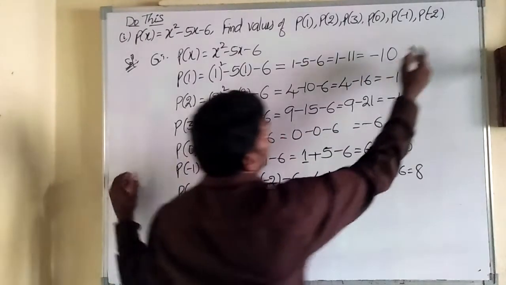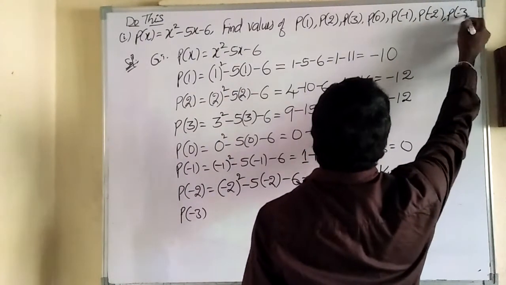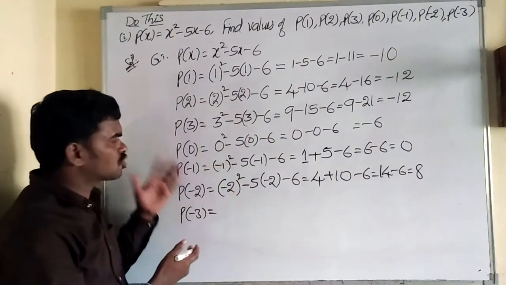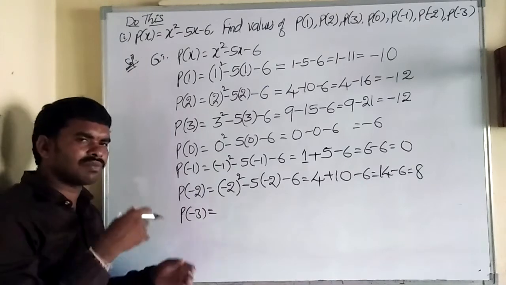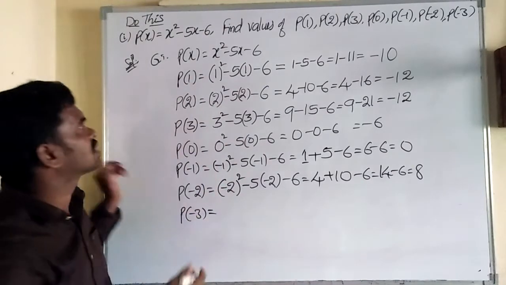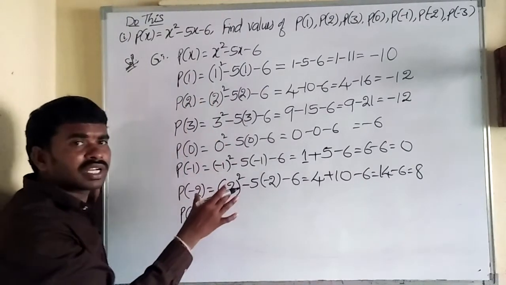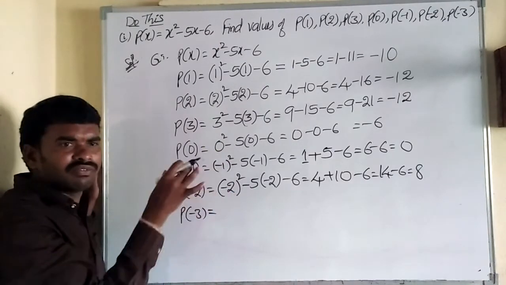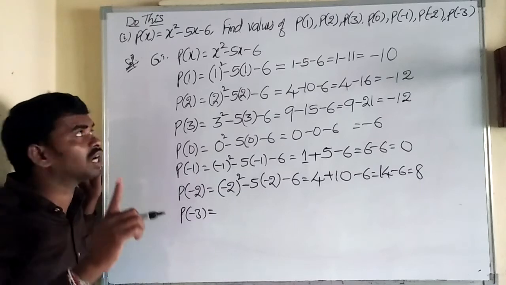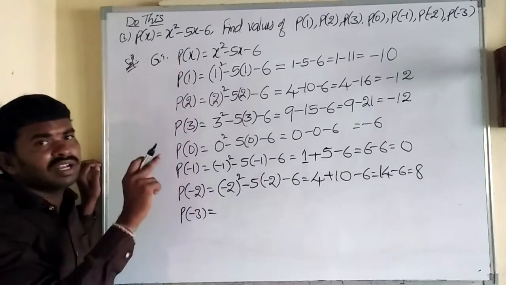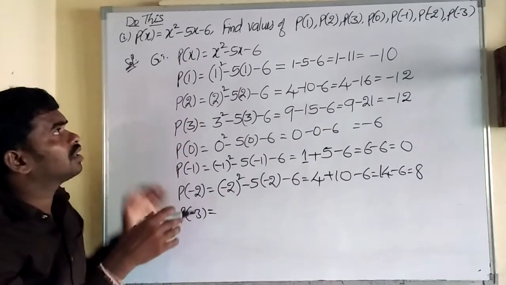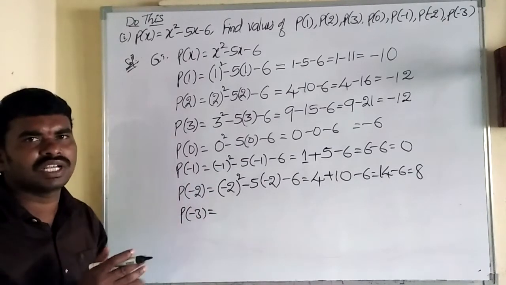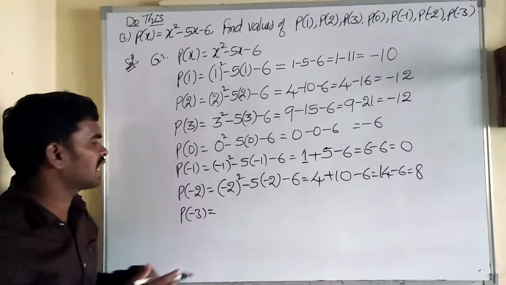Now let us find P of minus 3, because P of minus 3 is also there in the question. Not only minus 3, minus 2, minus 1; if you want to find P of some 10 also, it is the same process. This is important. This kind of question is important for your exam, for 1 mark or maybe 2 marks. Some polynomial will be given and we are asked to find P of minus 3 or P of plus 3, or P of 10 or P of 5 like that.